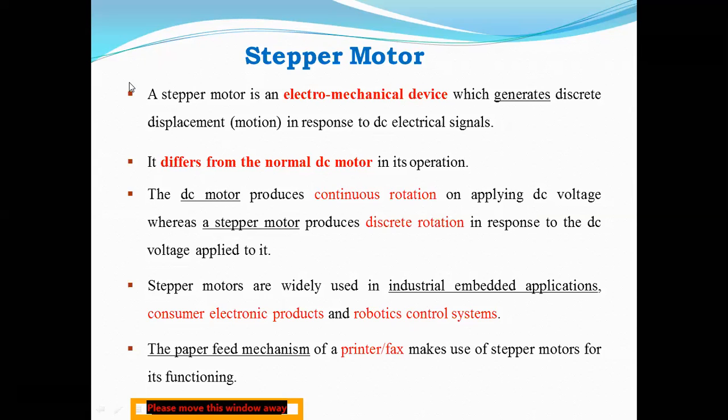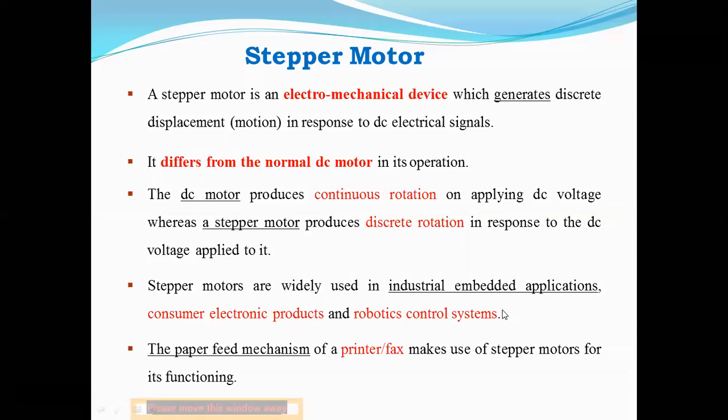So what is a stepper motor basically? It is a DC motor, right? In a DC motor, you know it produces a continuous rotation. You just have to apply the DC voltage. Whereas a stepper motor does a rotation in steps. When you apply the voltage, based on that voltage, you can decide at what angle you want it to move. The stepper motor will give the direction. Suppose I want to move 90 or 45 degrees left or right. That is possible with the help of a stepper motor. The only thing you have to do is apply the voltage, and based on that it will do a certain rotation with respect to the given voltage.